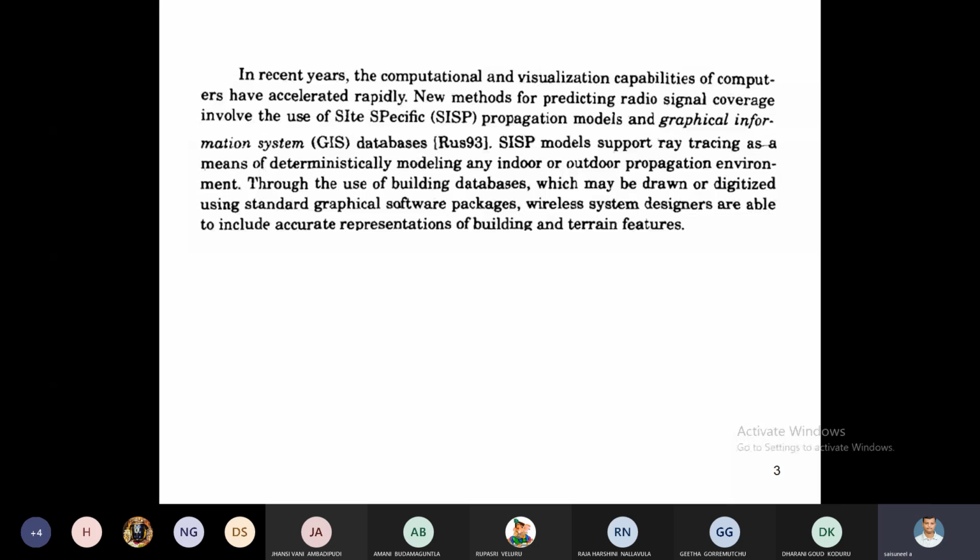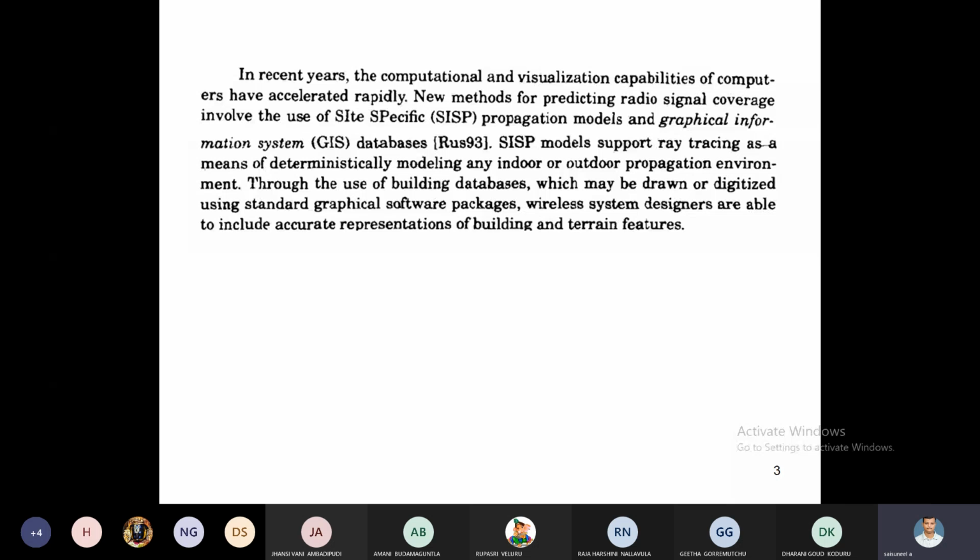For ray tracing and radio signal coverage. Suppose we have to install one base station in a particular area. Before installation in a practical way, first we have to go for testing by using this software. First we have to check the geographical area, what antenna heights we have to use, how much distance it covers, how much radius it should cover, and exactly how the ray will propagate in that particular site.